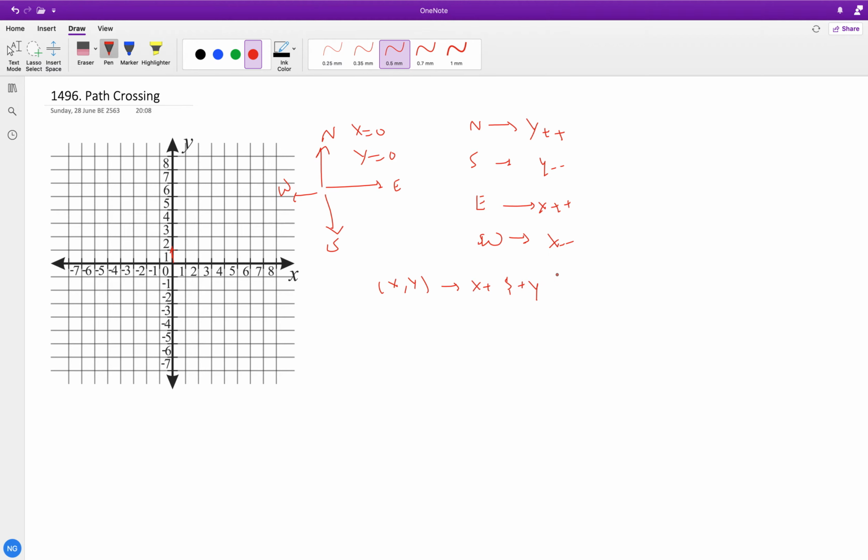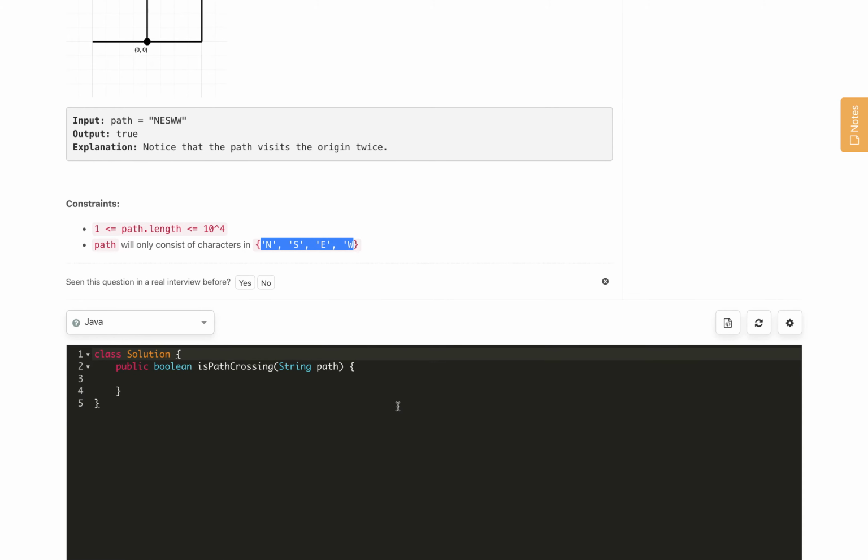So we will store this entry in the hash set, and whenever we come to a new coordinate, we will check if it is already in the set or not, and then based on this we will respond.